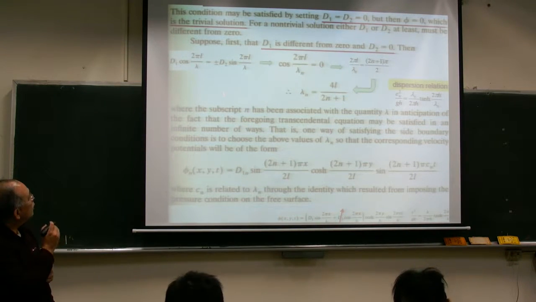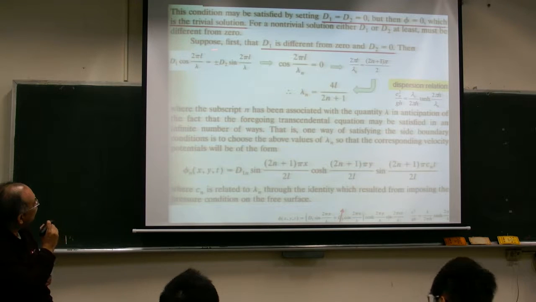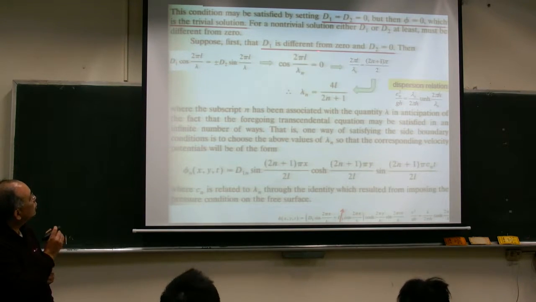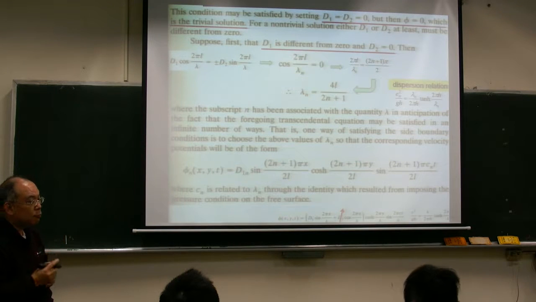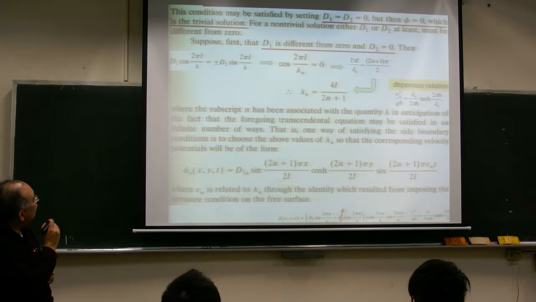This is our equation, right? We just copy this equation to here. So for the second case, we have D2 equal to 0, so this term equals 0. However, D1 will not equal 0. So we have, if D1 is not equal to 0, cosine 2 pi L over lambda should be equal to